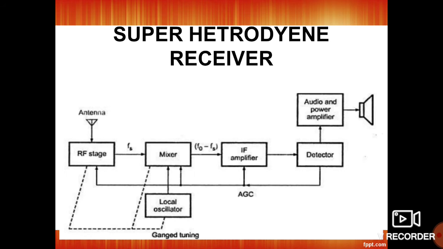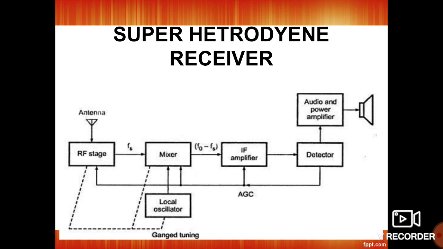Here, in the IF amplifier section, one automatic gain control is attached. That automatic gain control functions in such a way that a part of the output is taken from the detector and amplified to the RF amplifier, mixer and IF amplifiers for gain control. Thus it is called automatic gain control or AGC. This AGC maintains a constant output voltage over a wide range of RF input signal levels.